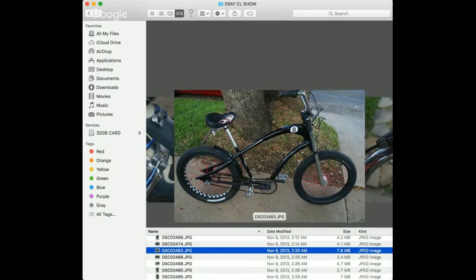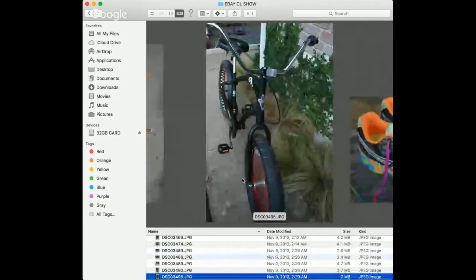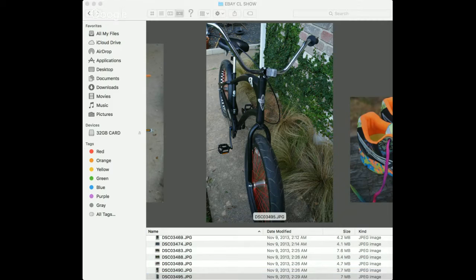Okay, this just happens to be a themed Electra bike, a Straight 8, as with this one right here. It's also a Straight 8, just the newer version. It's matte finish. But if you look at the Electra Townie, this should be your homework after this show: look up Electra Townie Craigslist around your area. Okay, just trust me on that. I've hustled many Electra Townies, and they're a much more wanted bike than this. All right, so